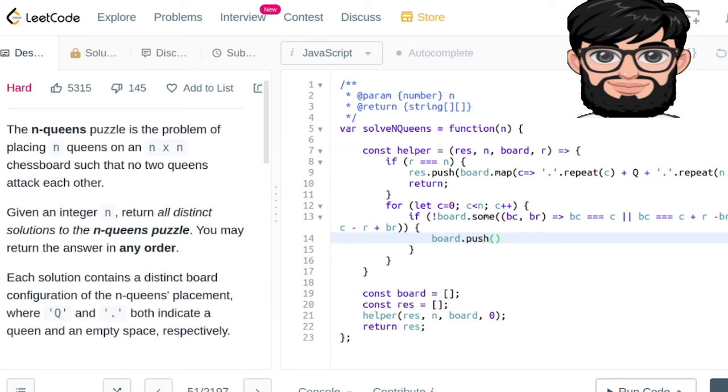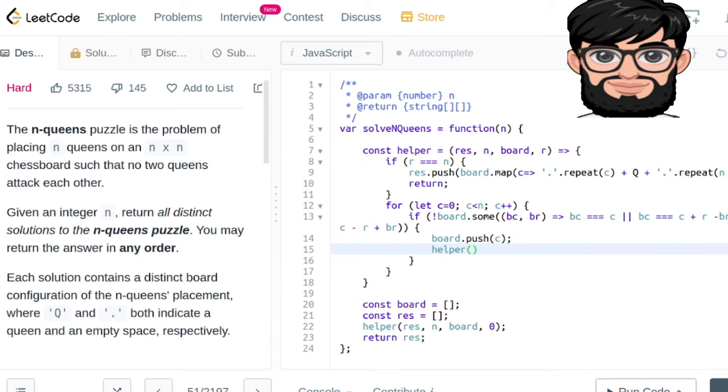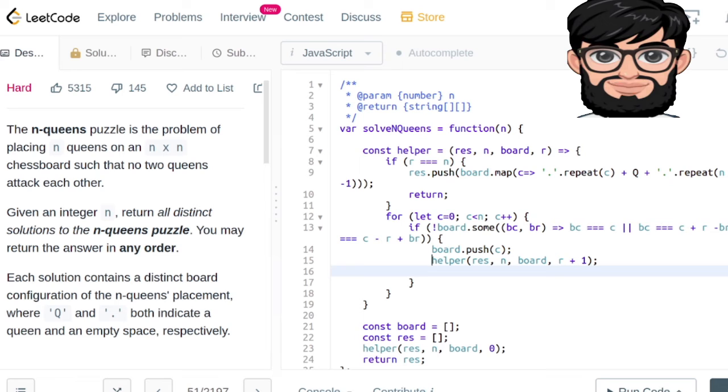This is basically saying there are no two queens on the same row, column, or in the diagonal places. So if that is the case, we can actually push that index to the board,